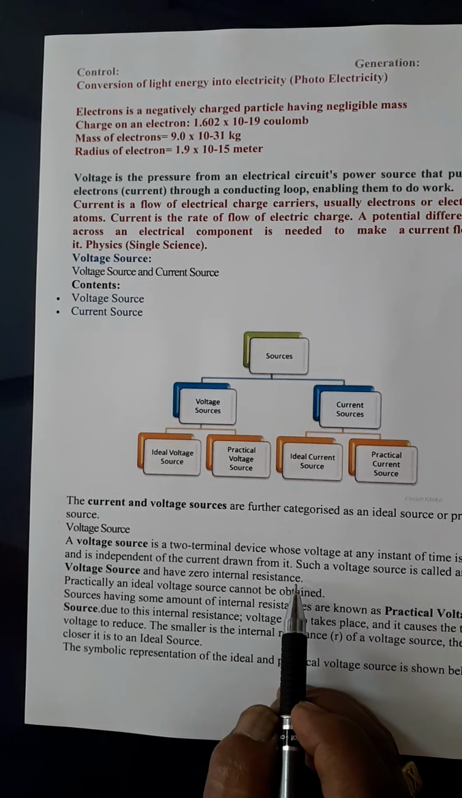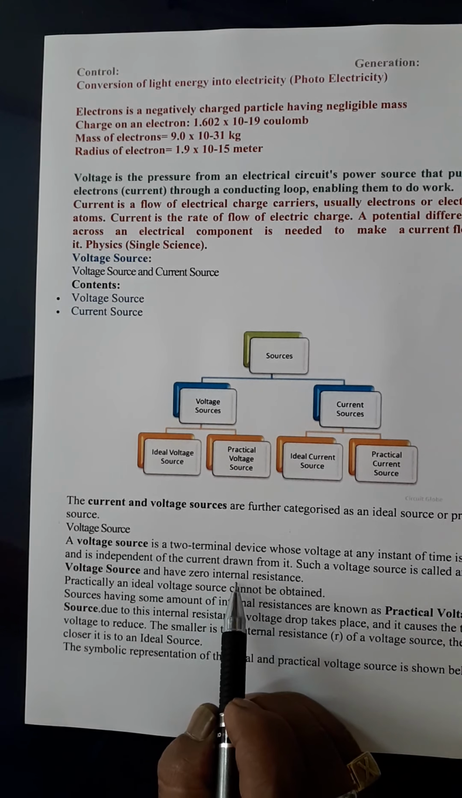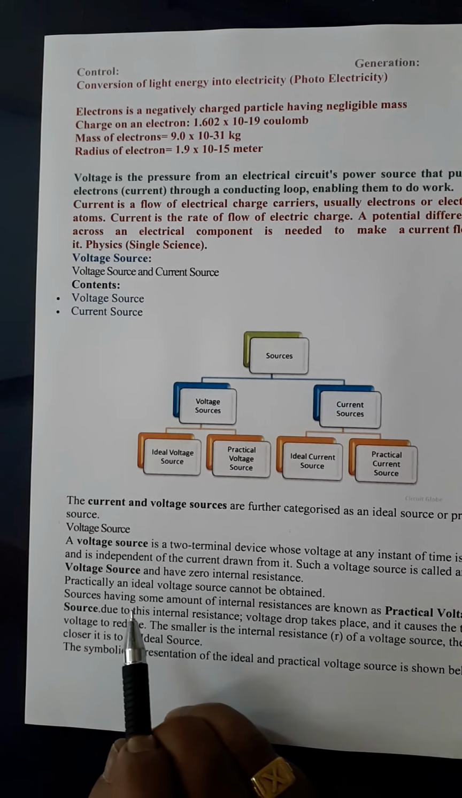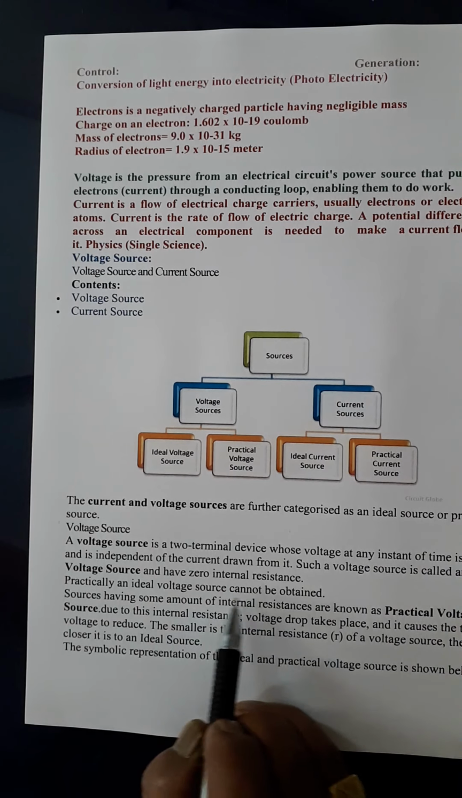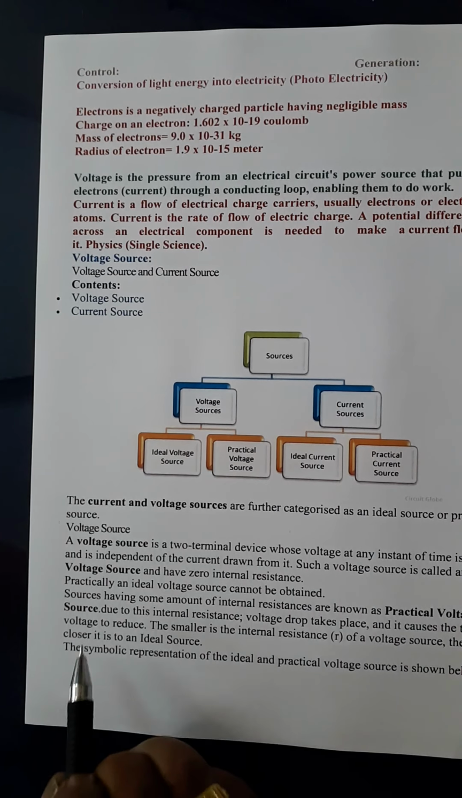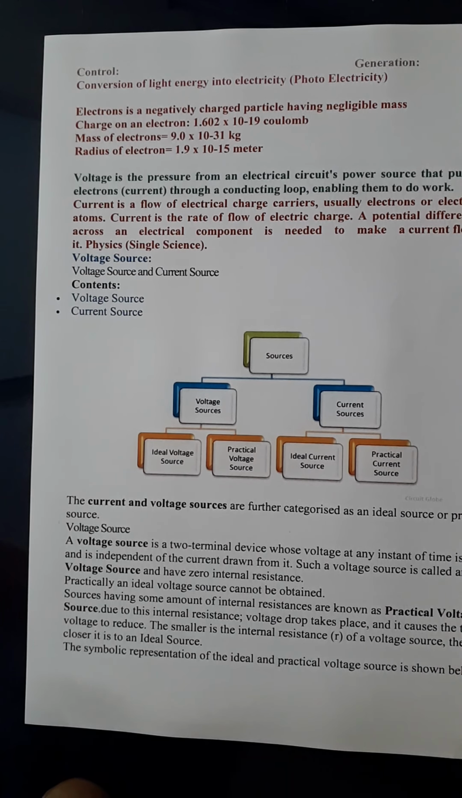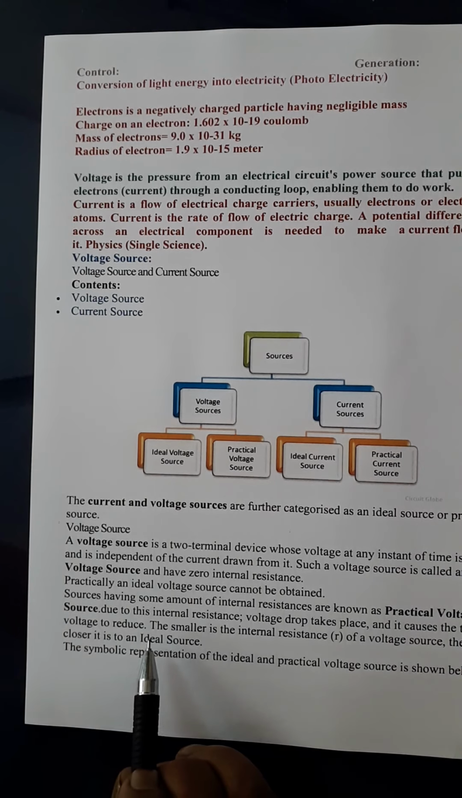So practically, it is not possible to have zero internal resistance. So practically, an ideal voltage source cannot be obtained. But the sources having some amount of internal resistance are known as practical voltage sources. Due to this internal resistance,